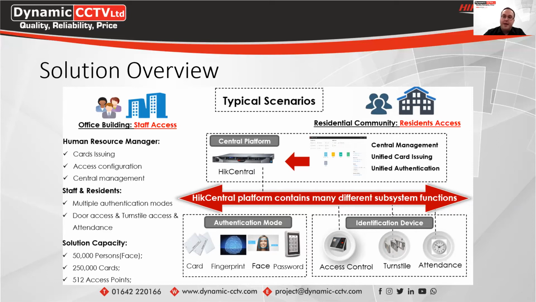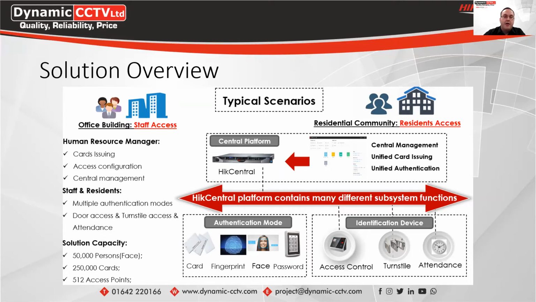So it can be managed per user individually. They can be pushed across multiple access groups and attendance groups as well, because you can tie in attendance through HikCentral as well. And this will allow you to have up to 50,000 persons and up to 250,000 cards with 512 access points, which on the later versions of HikCentral has increased now as well, so you can have